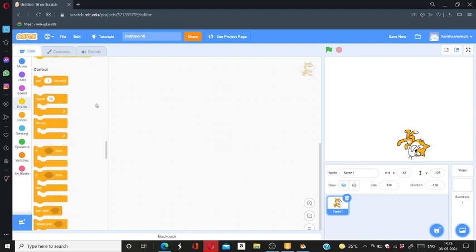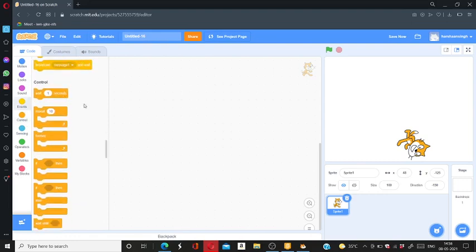Now it's the control. In control, it's a bit easy. This is wait. If you want to wait in a script, this is wait. Wait some seconds. So the next one is repeat. Repeat is if you want to repeat any script, as you can identify from its name only.